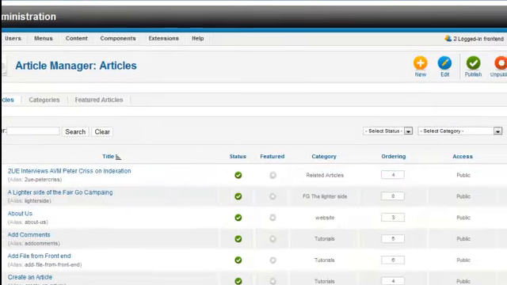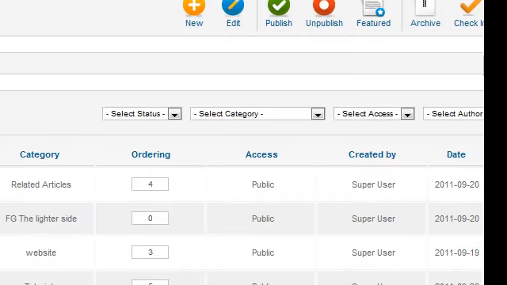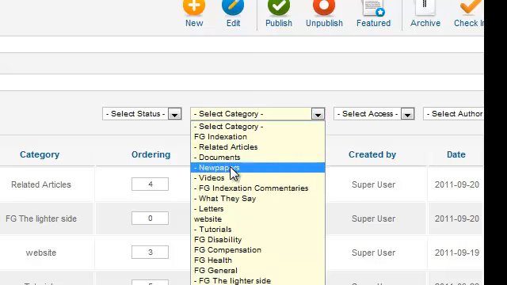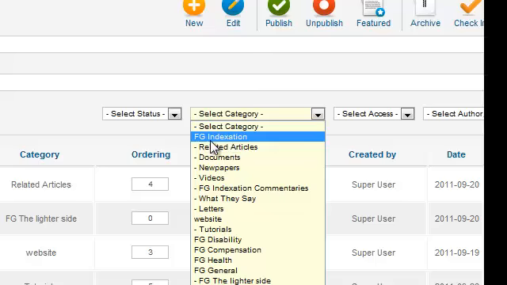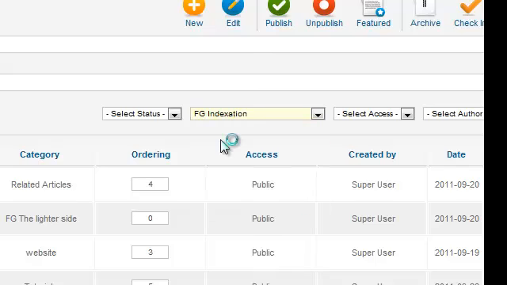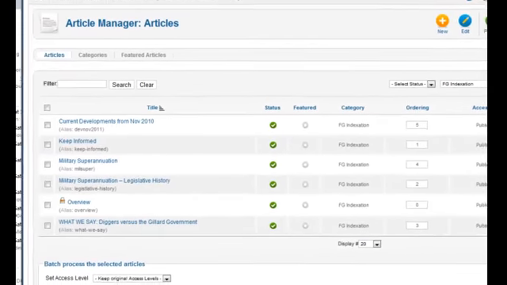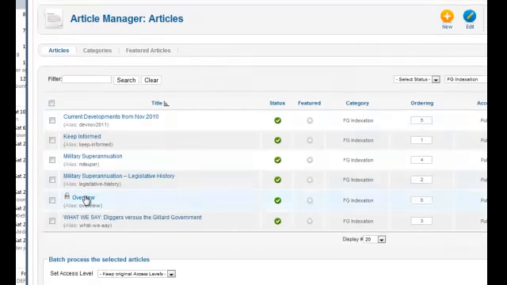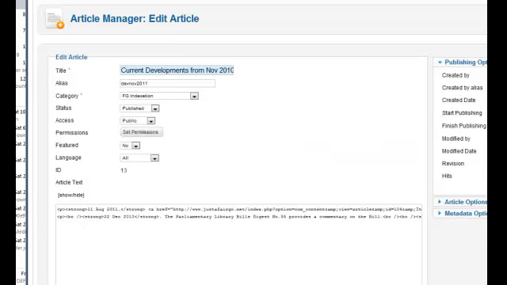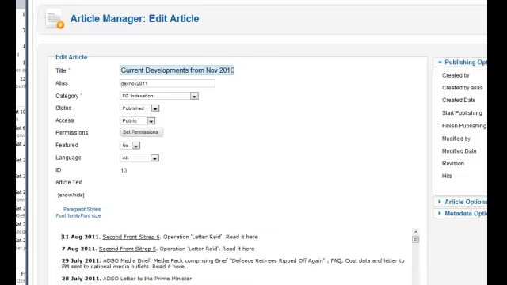Now, if we know what category we're looking at, we just go into the select a category filter, and we'll check on the FG indexation category. And what that does is that will only list now the articles that are in that category, which is pretty handy. So what we're going to do is we're going to put a document download in the current developments article. So we'll click on the current developments article here, and this is where we can edit the article from the